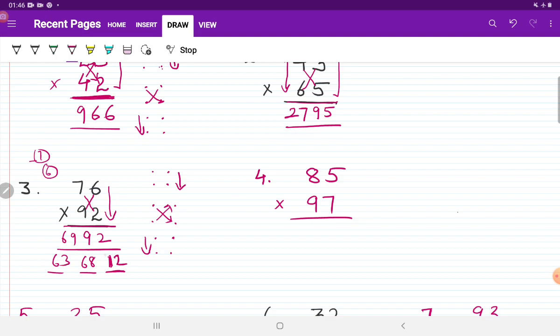Now we'll take this 1 here, because we need only a single digit here. So we'll write 2 here. This 1 will go to the second place: 8 plus 1 is 9. Then this 6 will go next: 6 plus 3 is 9, and 6 will come like that. Again your answer will be 6992.